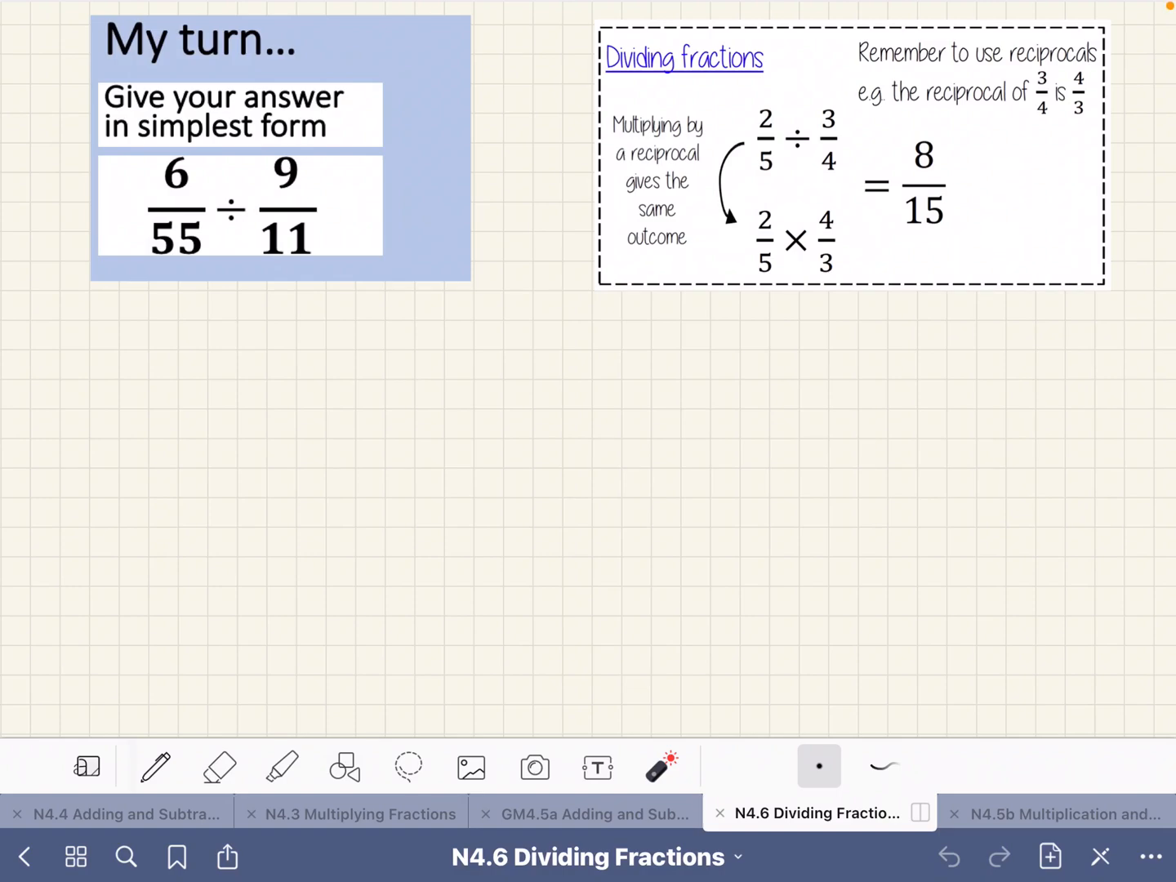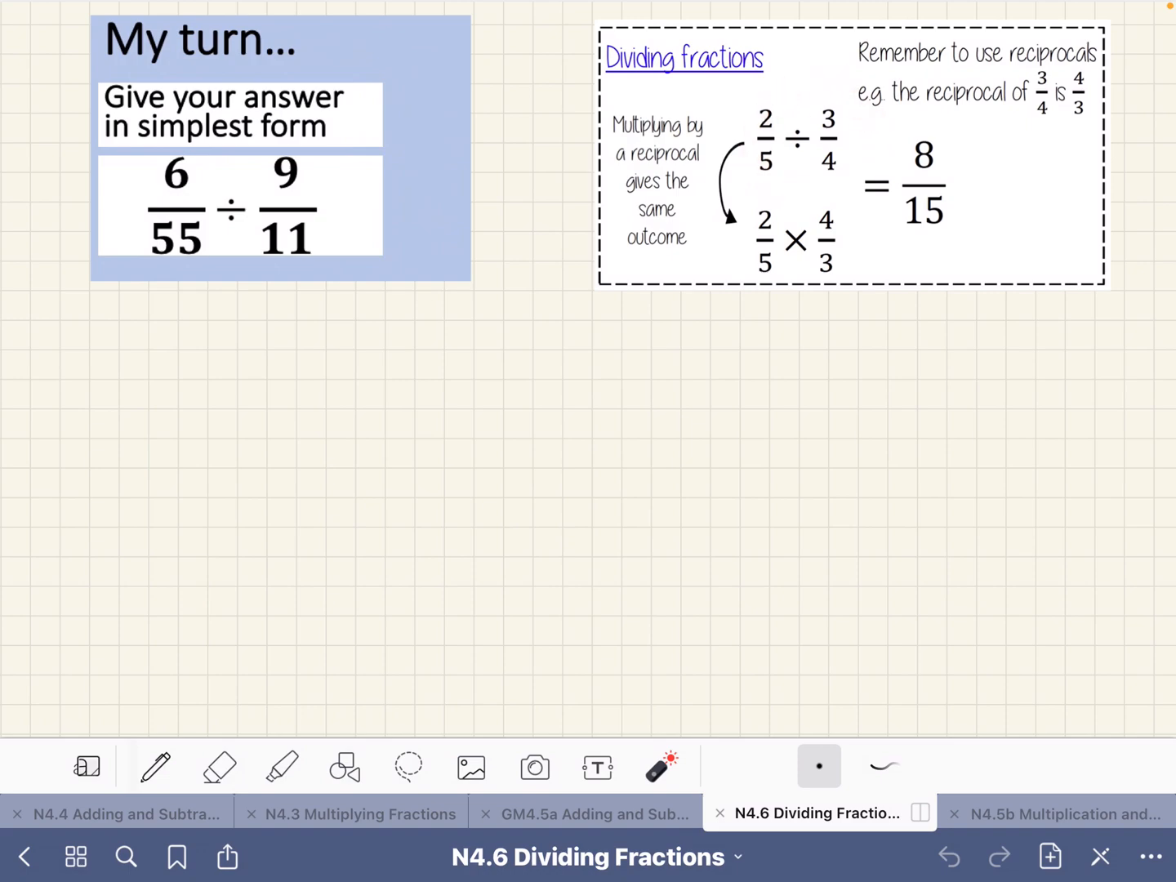In this question, we are asked to give our answer in simplest form, and we've got 6 over 55 divided by 9 over 11. Now, please feel free to go back to the multiplication of fractions video if you are at all unsure with this method. As when we are dividing fractions, we use reciprocals, and multiplying by the reciprocal is the same outcome